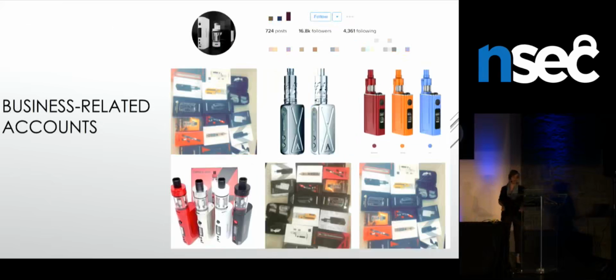The first one was business-related accounts. So here you have an electronic cigarette shop that has 17,000 followers, and it was mostly accounts where you could buy stuff, but only online, and there was a link to the website, and it was a bit shady, so you never know if you're actually going to get the product shipped. But it included watches, jewels, clothes, shops, anything that was not too expensive to buy. We also found lots of small shops, like a pizza shop in Bali or a restaurant in Kuwait. Small restaurants that couldn't buy marketing strategies and would just want to boost their page a bit. So we found that too.